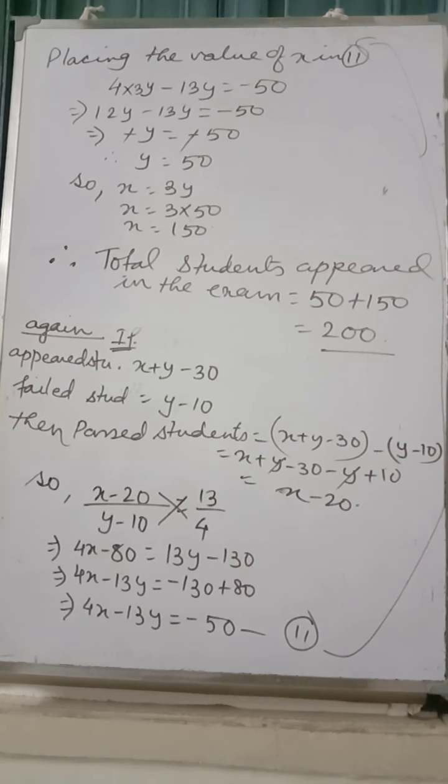Now question number 20 you write for the homework. I am not going to do question number 20 because it is given that the eraser's cost is less than the sharpener's, and the cost of 4 erasers and 3 sharpeners is given. So you can take eraser's cost x, sharpener's cost y. First situation will be y minus x is equal to 1.5 rupees. Second situation will be 4x plus 3y is equal to 29 rupees. Then you have to solve the equations. So question number 20 you have to finish.